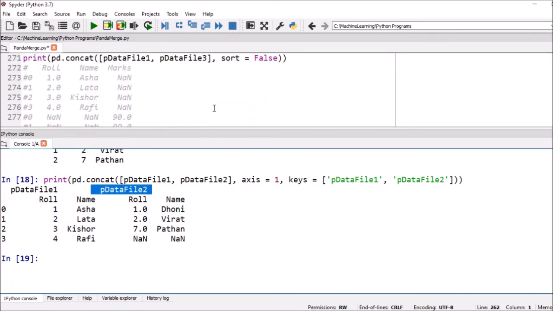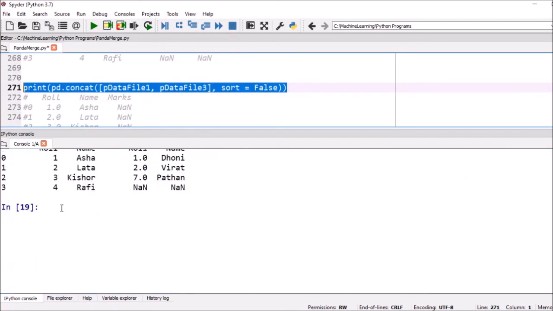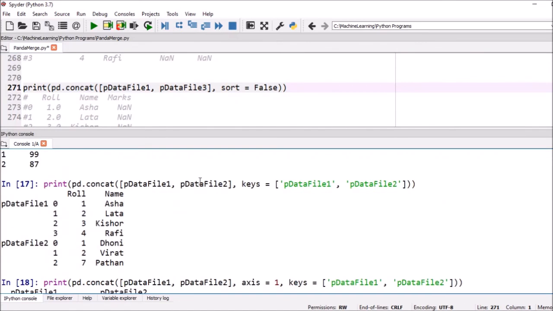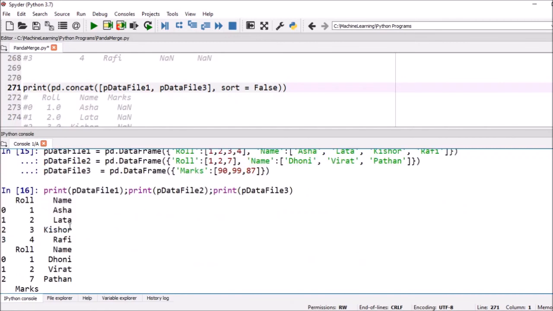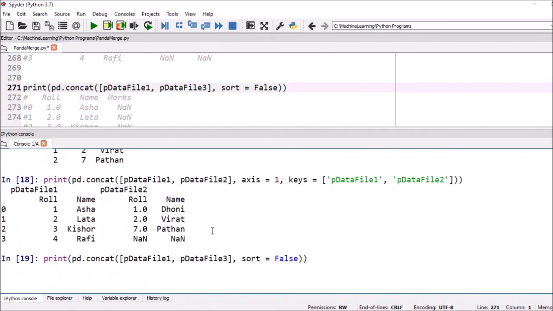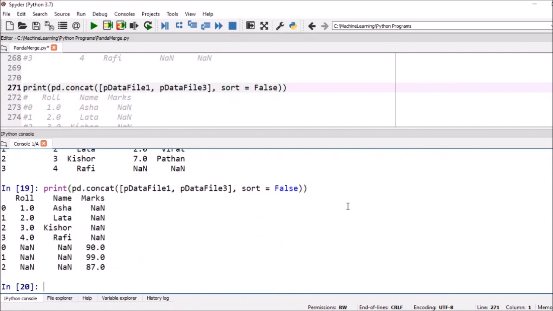Okay, next suppose we put sort is equal to false. If you execute this particular line and take pdata file 1 and pdata file 3, so we have seen what is pdata file 3. So this is pdata file 1, and this is pdata file 3. Now if you apply the concat operation, you can check what will happen. Now you can see here roll number, name and marks are there.